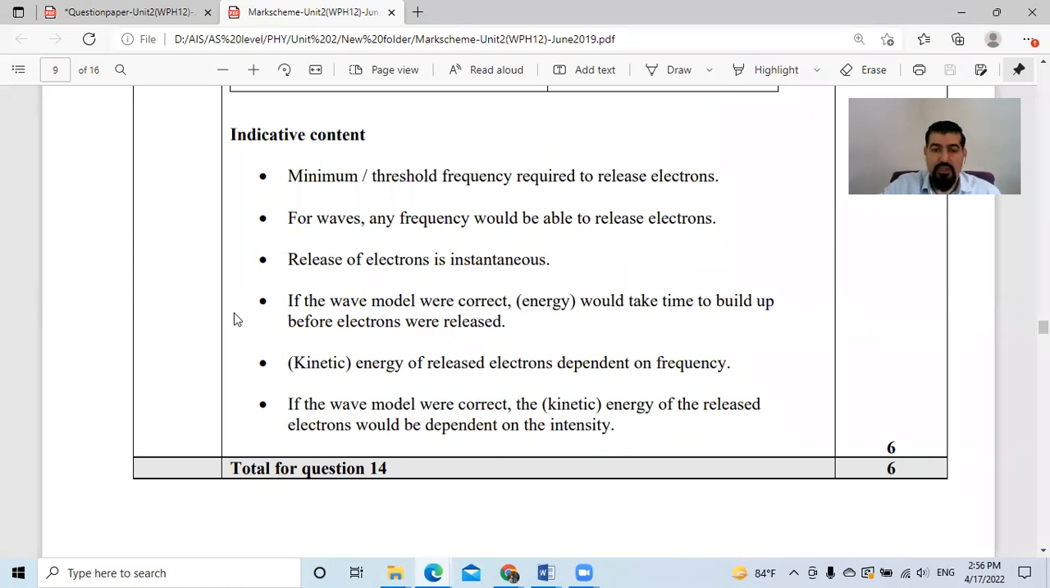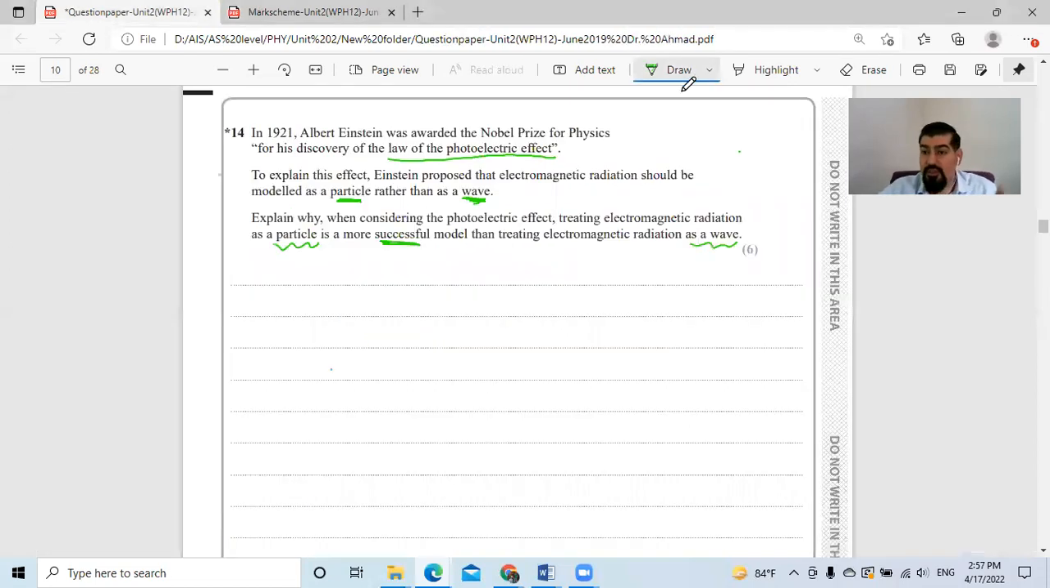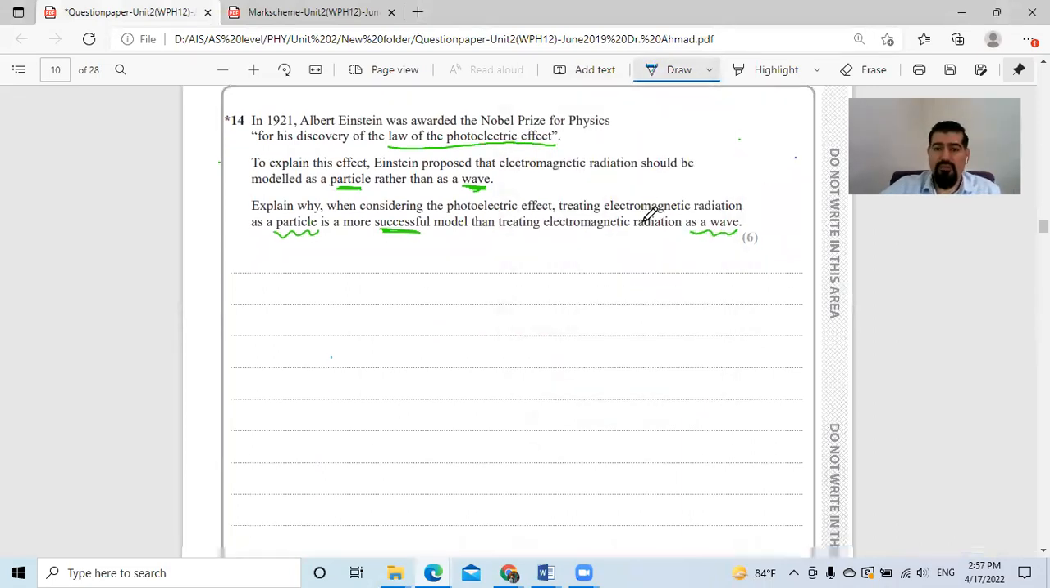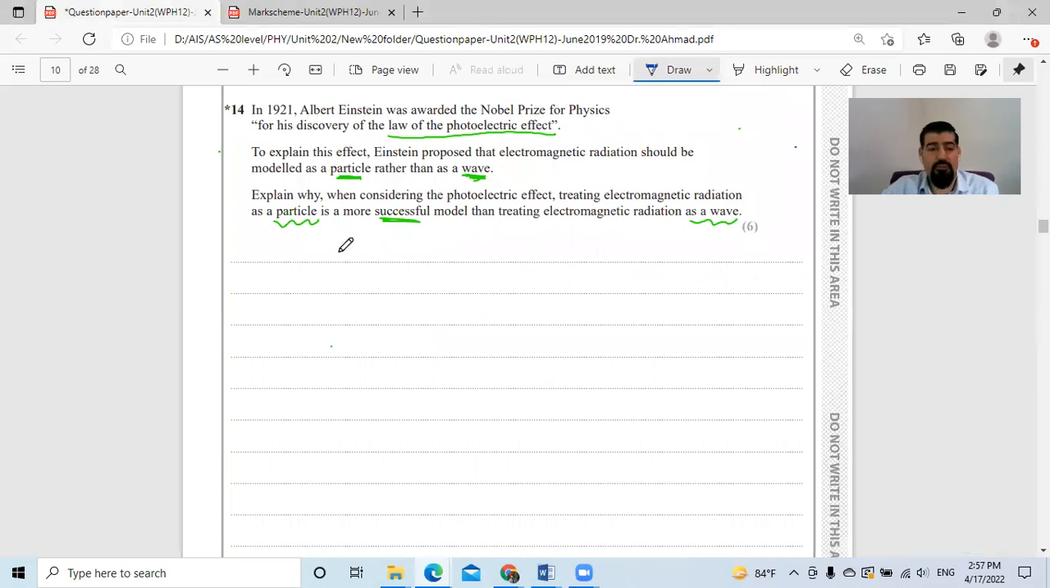So if I'm going to write down an explanation for this, how am I going to write it down? I'll start with an introduction about what we mean by wave and particle theory, and what we mean by light. So what we are going to say, light consists,